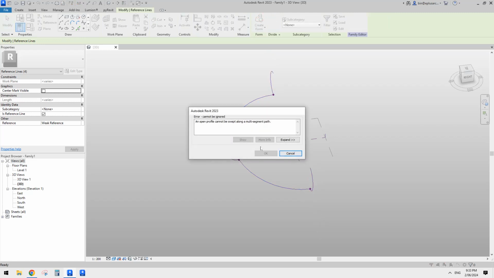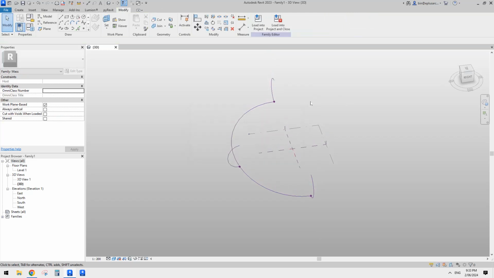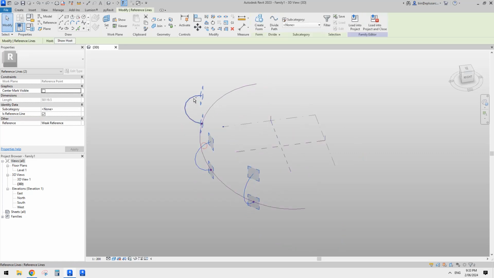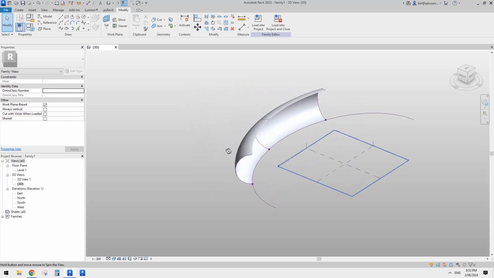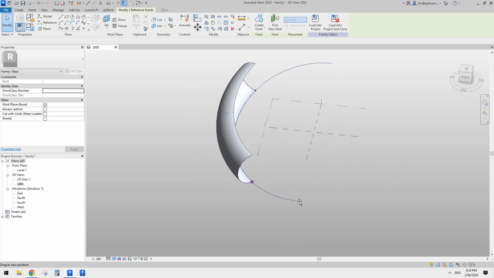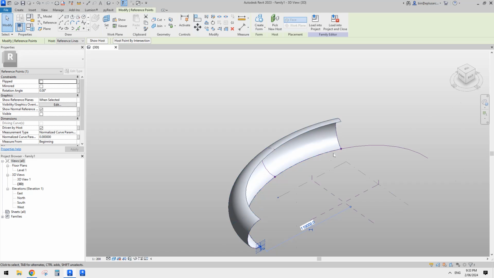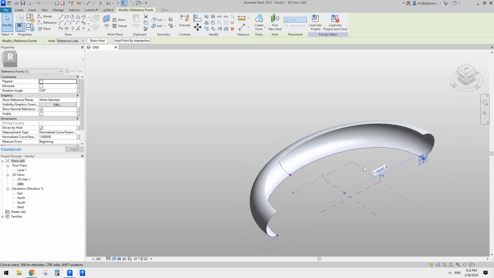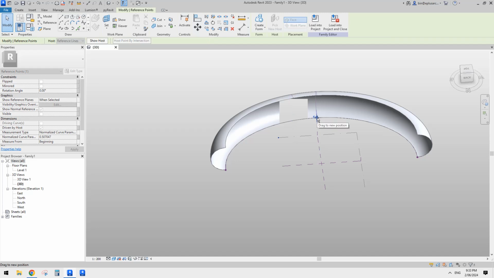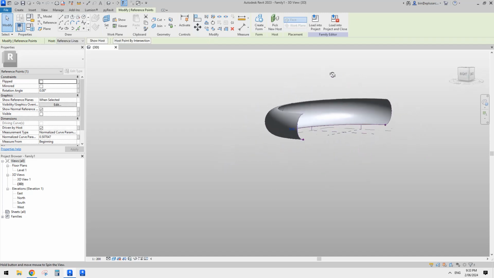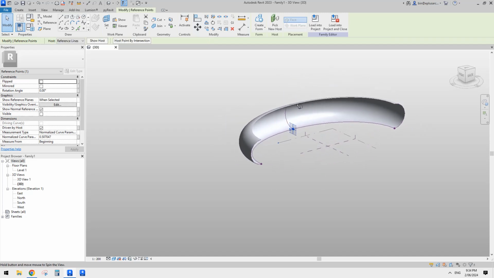Sometimes it will fail, so you can see it failed. So let's Control Z, then just create this shape, and then with this shape created, we can just drag this point to this end, drag this point to this end. Okay, so let's drag this point to the middle, to here, and now we can try to adjust the size